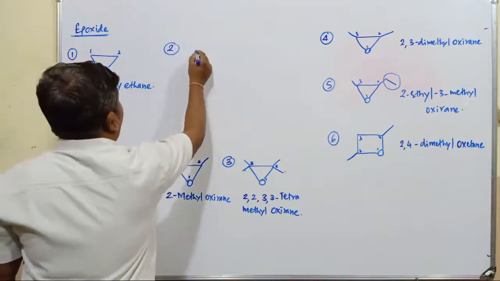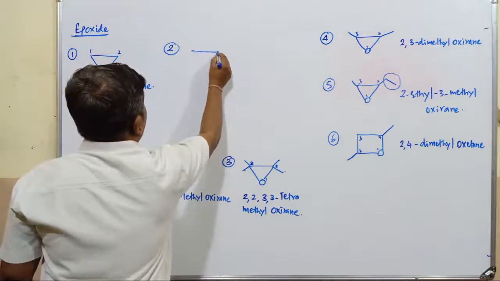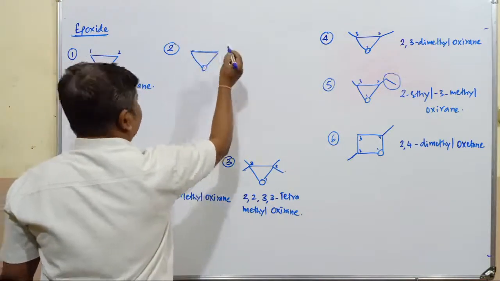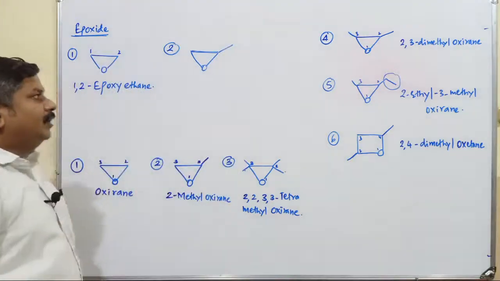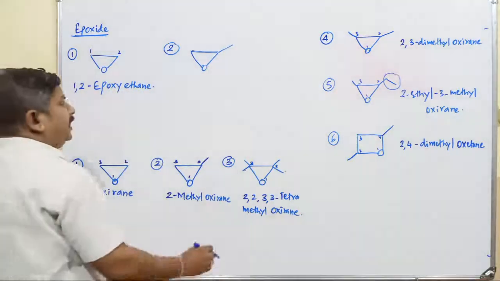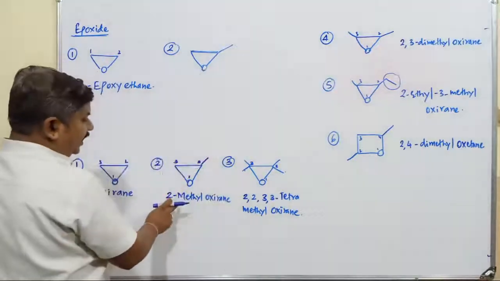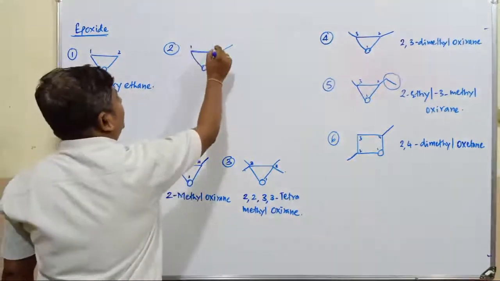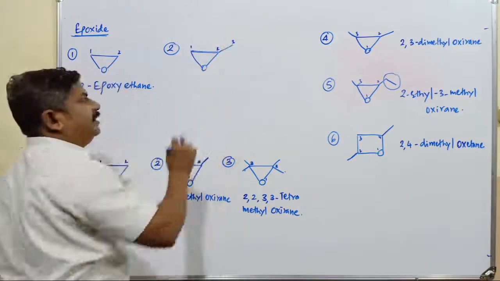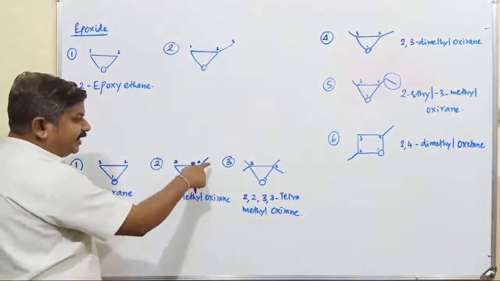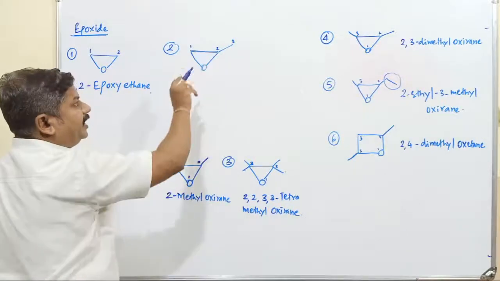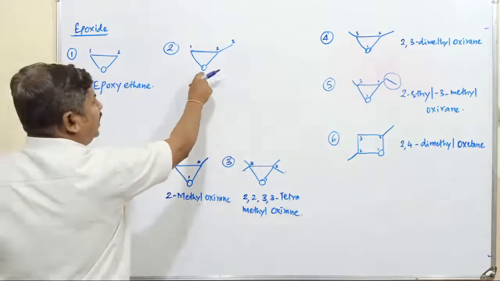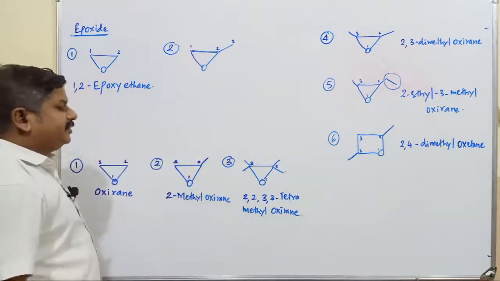Second one, if I take, this is the same compound I am using here. This is oxygen. Next one is methyl. How to write the IUPAC name of this compound? With respect to the oxirane method it is known as 2-methyl oxirane, but here this is 1, this is 2 and this is 3. In the epoxide method this group is taken as a substituent. Here the carbon chain is going to be numbered, the longest chain is going to be taken, and numbering should not be mentioned for the oxygen atom.